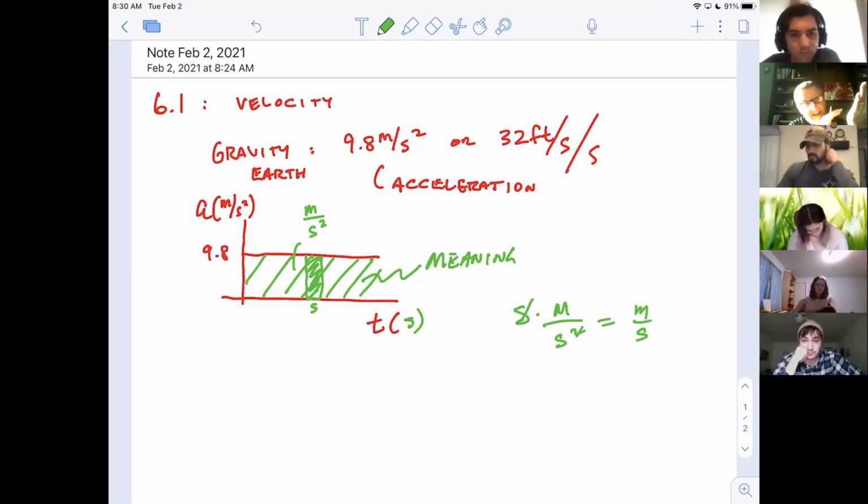If we round this off to 10, then when you jumped out of the airplane, you'd be going 10 meters a second. And 1 second later, you'd be going 10 meters a second. 2 seconds later, you'd be going 20. 3 seconds later, you'd be going 30, because it's constantly increasing at 10. Does that make sense? Now, some of you sharper types might notice that depends on if your parachute's open,